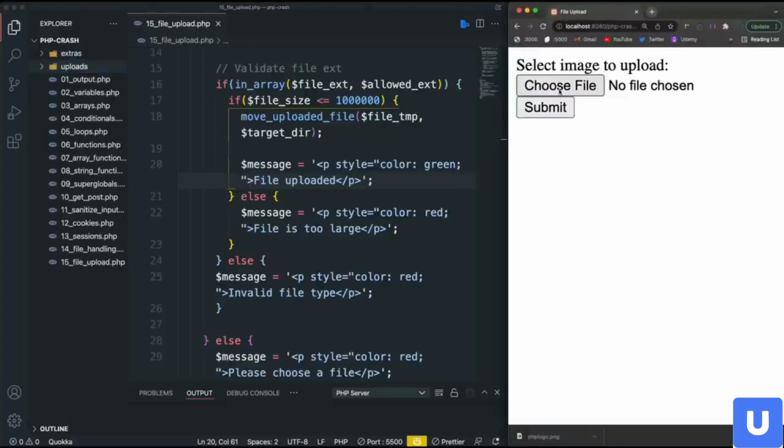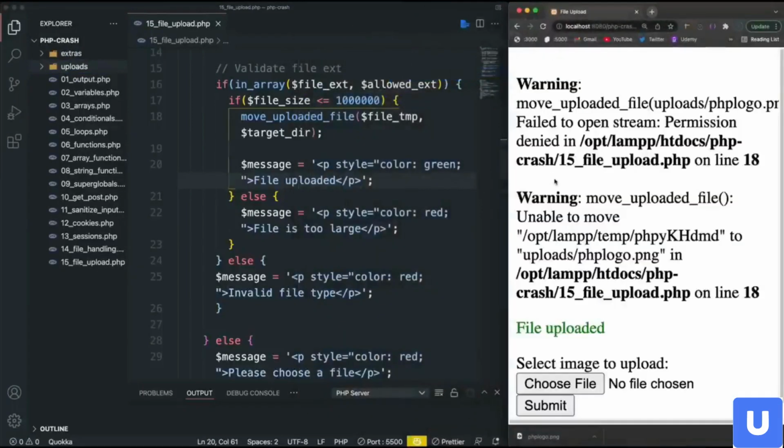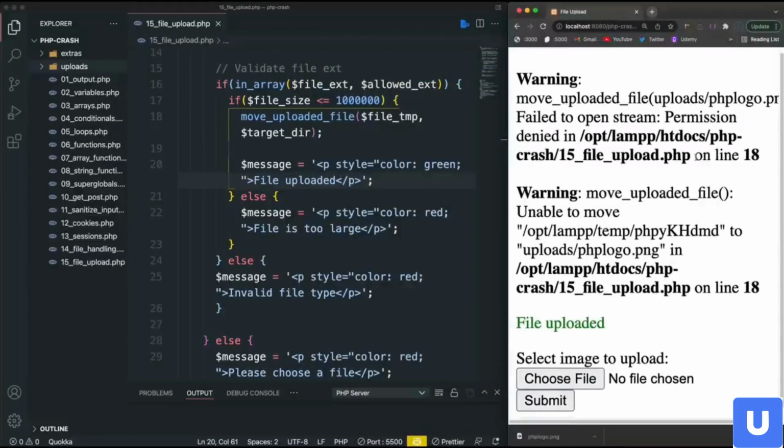And let's try it out. So we'll choose a file, let's grab it and submit. All right, so it looks like I'm getting a permission denied, so it didn't get uploaded. So this is just because on my system, the uploads folder doesn't have the correct permissions. So let's see, to get around this,